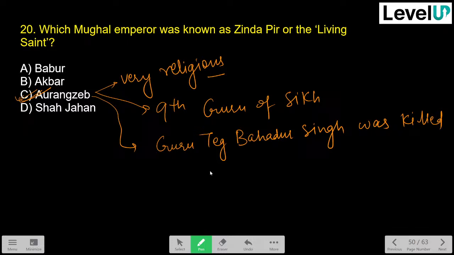in response, he actually killed Guru Tegh Bahadur Singh. After that, you will see Guru Gobind Singh formed the Sikh kingdom, and has started forming the Khalsa. Next,